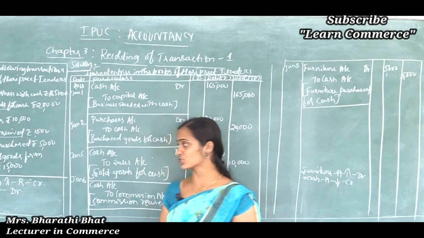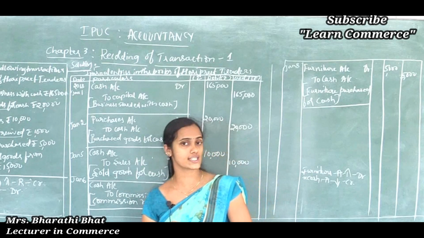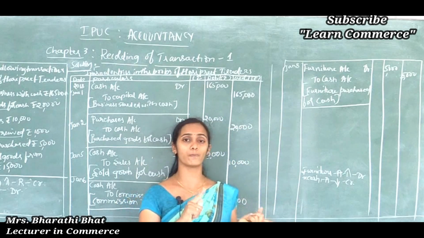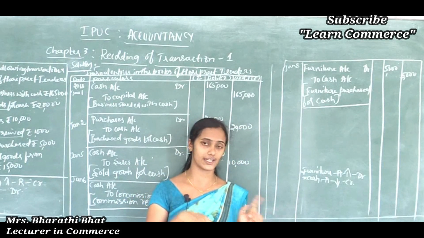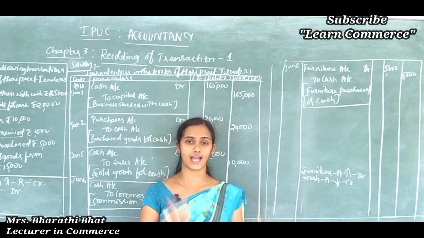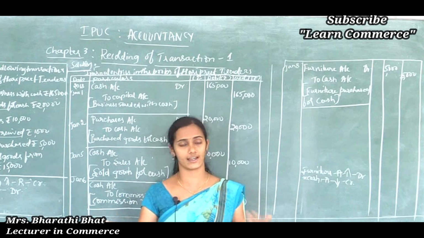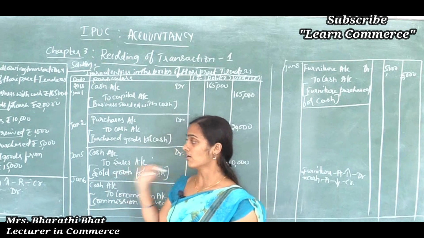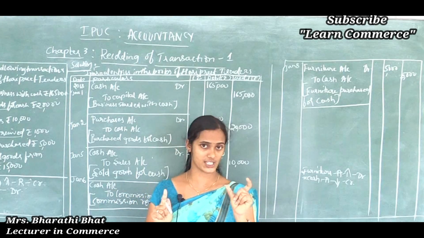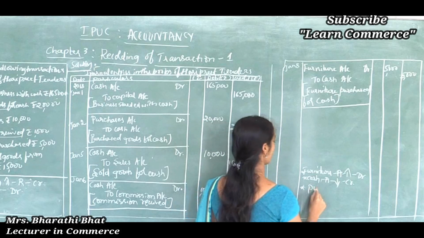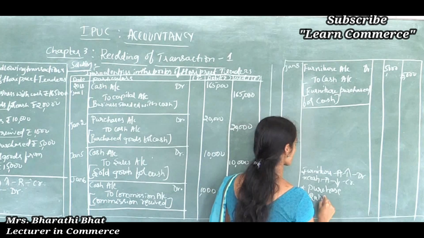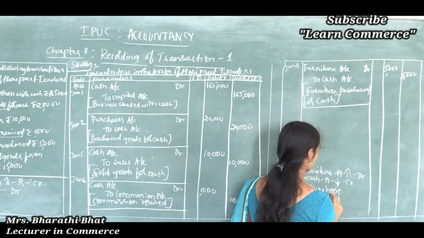So purchased goods from Rahul. Here Rahul is considered as creditor. We should specify the name in the journal entry because we have to post that journal entry. We have to transfer that journal entry into the individual account, that is Rahul's account or Ram's account or any other person XYZ like that. So purchased goods is considered as purchases account itself. So one account affected in that transaction is purchases, and one more account is Rahul's account.